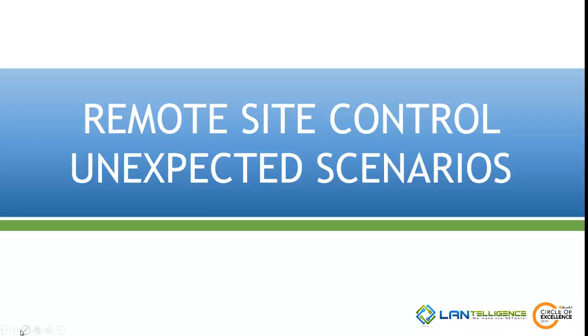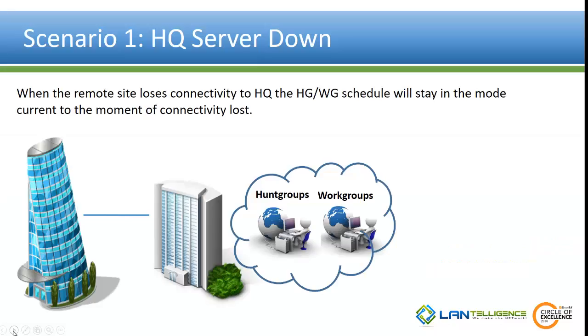Again, a lot of the stuff we're talking about today is not documented anywhere, or if it is, it's buried so far deep you'd never get to it. So really the first thing we're looking at is, number one, HQ server down. So when a remote site loses connectivity to the headquarters, the hunt groups and the work group schedule stay in the mode that they were in the moment the connectivity was lost. Because keep in mind,